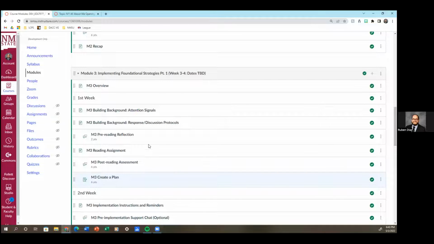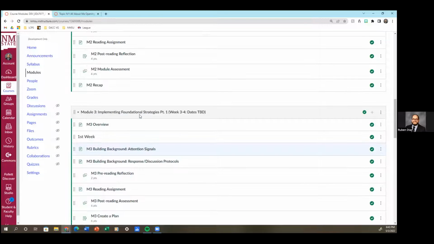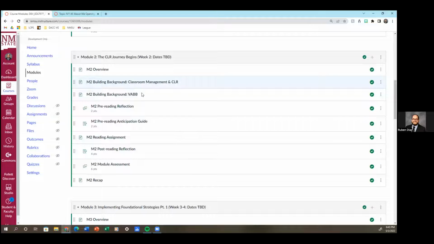So the only last thing I'll jump into is how I brought in content that was not just text-based, but in every module I included some building background sections that I thought was really important for how I want my students, my teachers in particular, to learn. So instead of right away jumping into the new content, I'm really taking the time to help them build some background knowledge in each content module that really supports the direction that I want the learning to go, and it's a very important teaching practice to me. And I think it's important to model it for adult learners just as much as for young learners in the classroom.